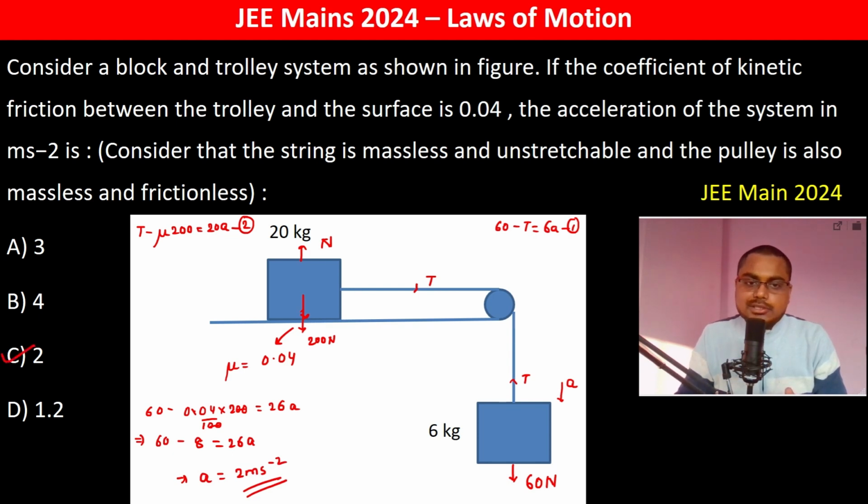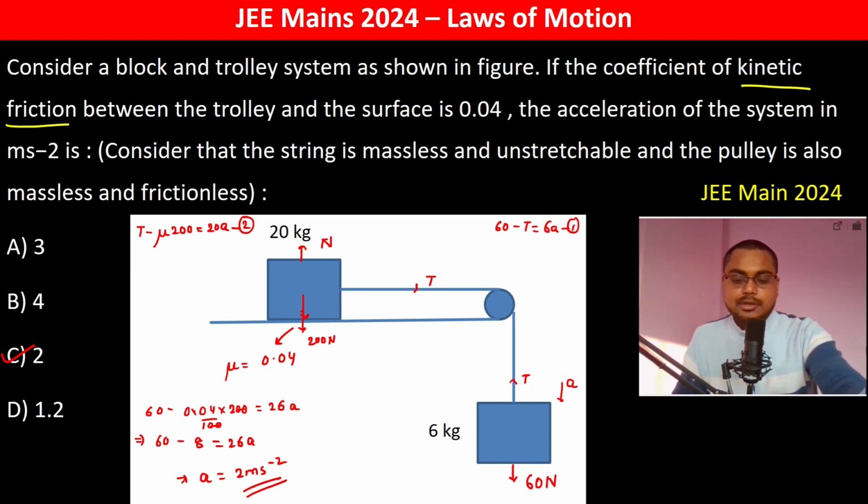ठीक है, because the friction is kinetic, so therefore the friction is going to be constant. Kinetic friction, ठीक है, तो ये जो है कांस्टेंट रहेगा, so therefore it's mean के अंदर है। थैंक यू।